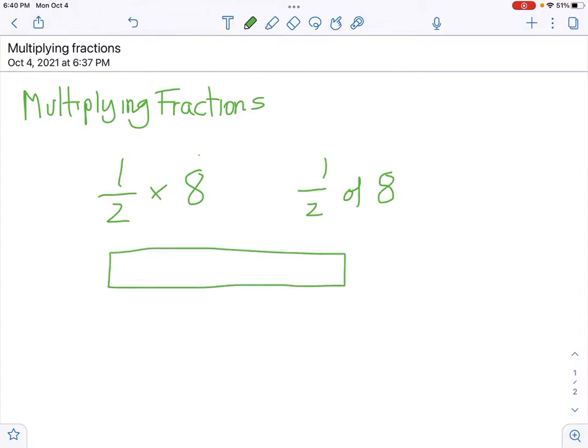If I have a box and I have 8 things in it, 1, 2, 3, did I do too many? Yes, I did 1 too many. 5, 6, 7, 8, so 1, 2, 3, 4, 5, 6, 7. I'm not very good at this. Let's get an 8th one. Okay, if I want to get 1/2 of 8, that means I'm taking half of those things, and that's 1/2